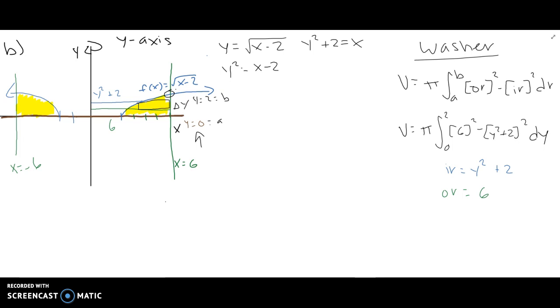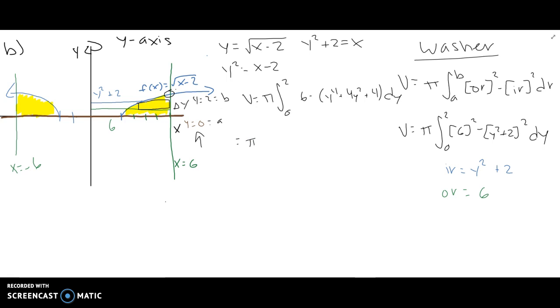Now we just integrate. So V equals pi times the integral from 2 to 6 of 36 minus y to the 4 plus 4y squared plus 4, all dy. So we have, oh no, I put 2 to 6 there. That's from the last part of the problem. This is 0 to 2. So 0 to 2, pi